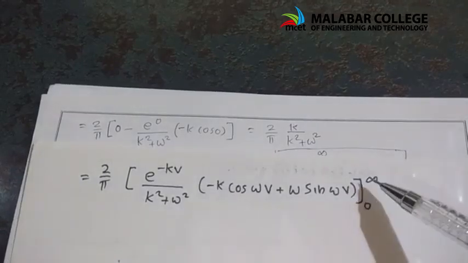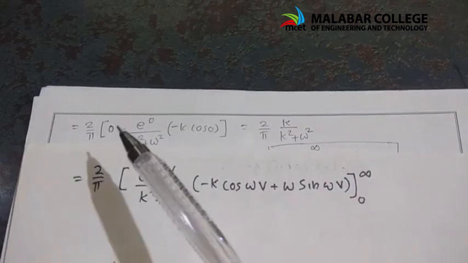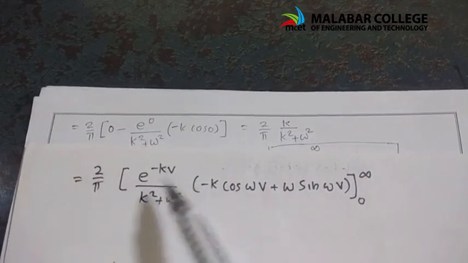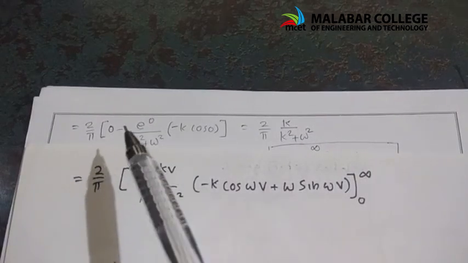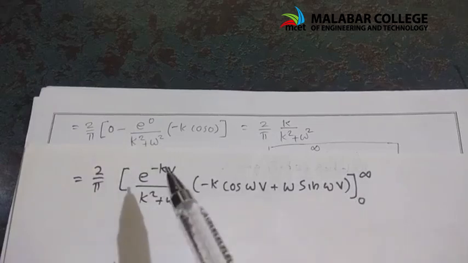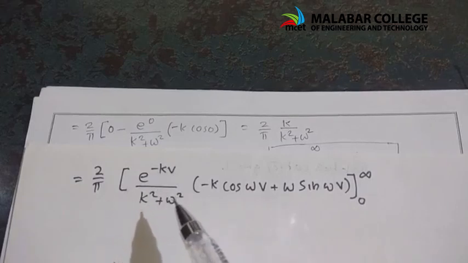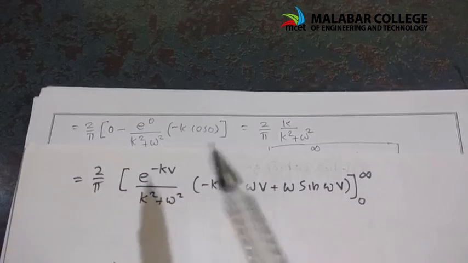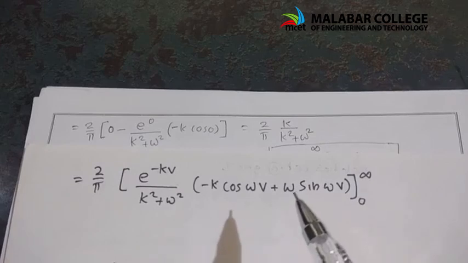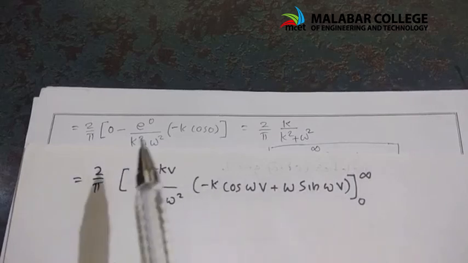Next we have to apply the upper limit infinity, and we see that e raised to minus infinity is 0. The first term is 2 by pi into 0, so the first term will be 0 here. Minus, if I substitute 0 for v, e raised to 0 is 1, by k square plus omega square, into minus cos 0 plus sin 0. Sin 0 is 0, so only this term will remain, and minus